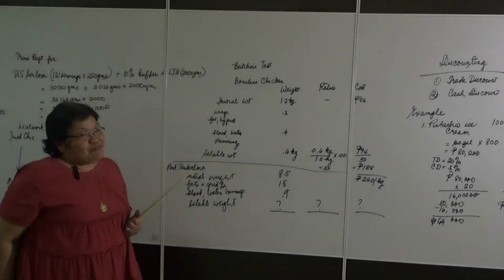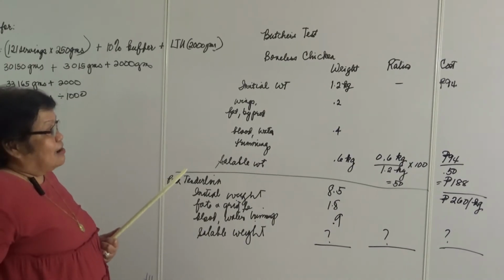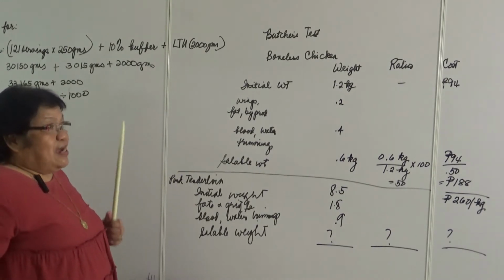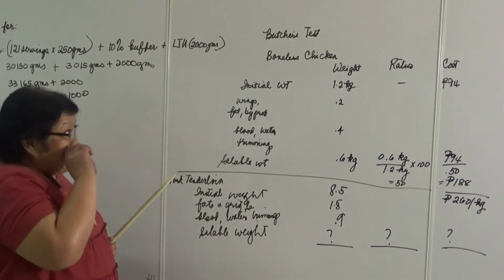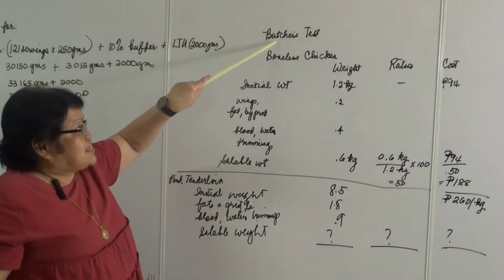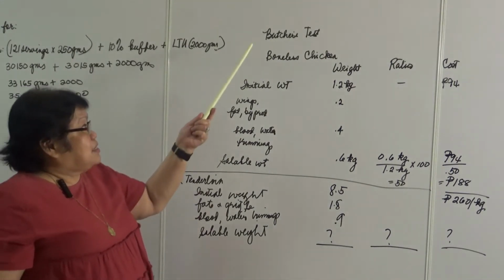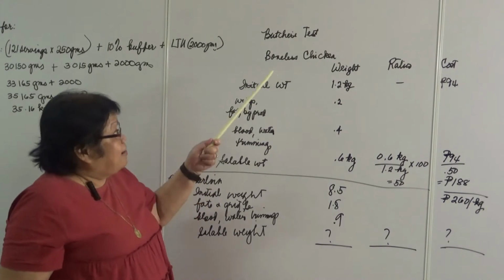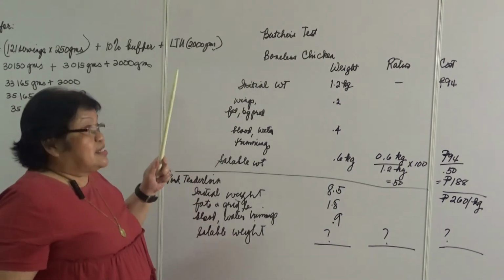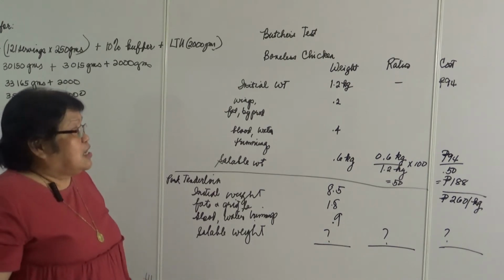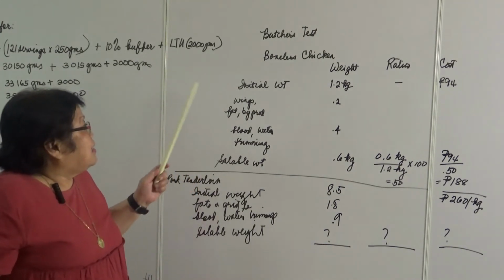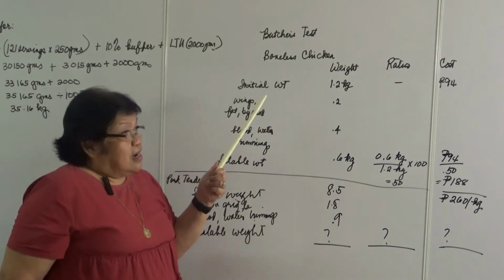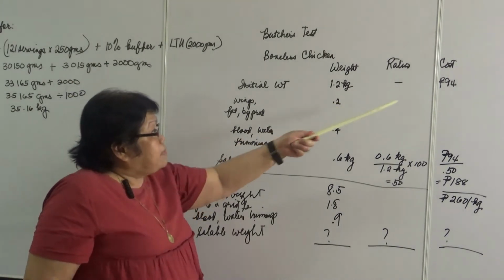So, continuing on with purchasing, we need to really find out what exactly is the saleable weight of certain food items that we are getting from the supplier. Alright, so let's check on our butcher's test. It's called the butcher's test because it's really the butcher who prepares this. Your kitchen should have a person who does this trimming and all that stuff before it goes to the executive chef. Alright, for boneless chicken, the initial weight when it came to your receiving, it is 1.2 kilogram at 94